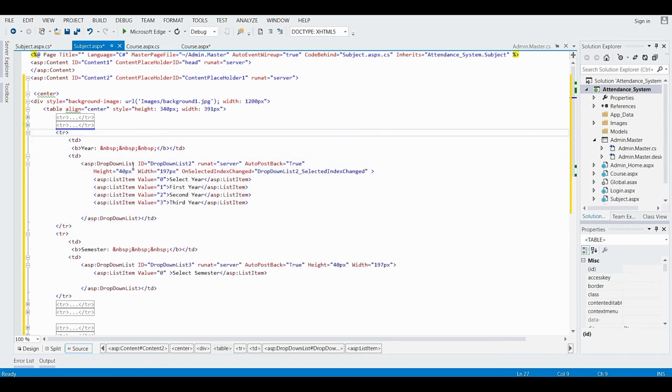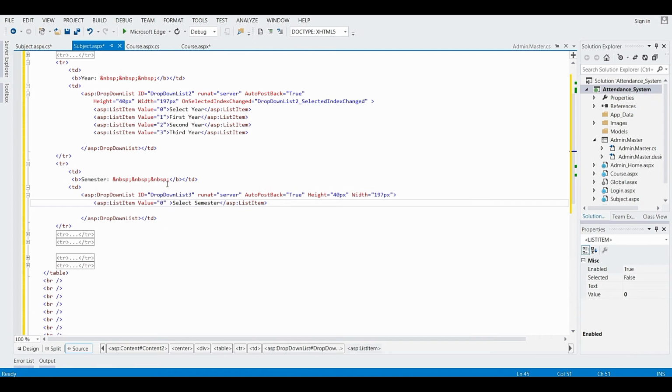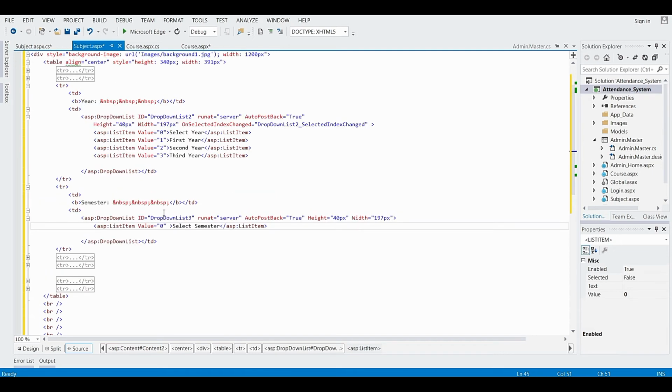Okay, if you are thinking that I have given all the drop down values in the front end for the year drop down, then why have I given only one list item here?